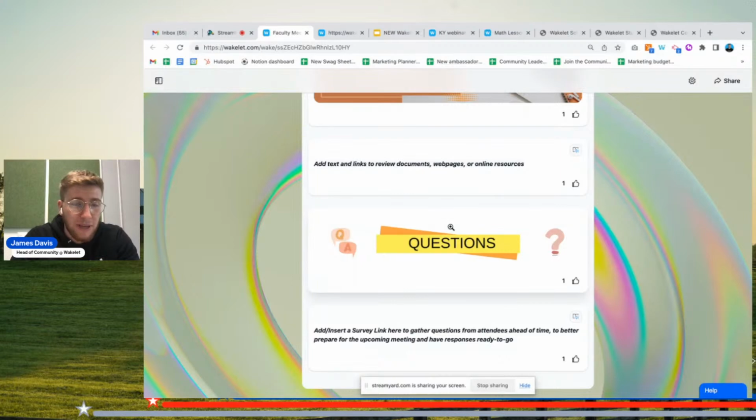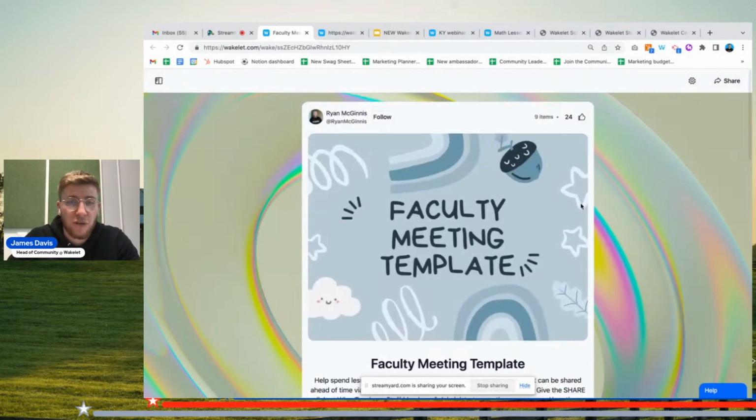And then even during the meeting, we have questions as well. So everyone can actually jump into this, add their own links and add their own questions within that faculty meeting, or before and afterwards as well. And as Randall says, that then stays with you and the team that are in that meeting throughout the entire year and beyond. So what I'm going to do is show you firstly with this amazing template.